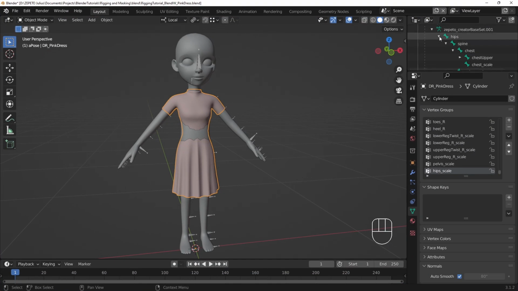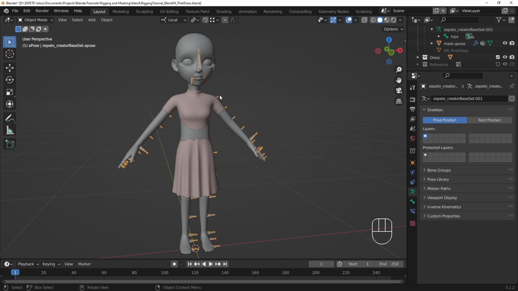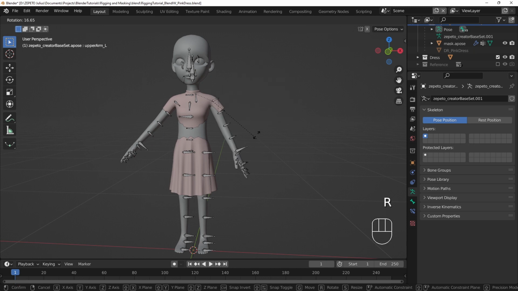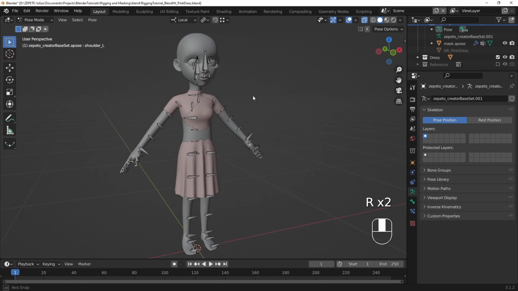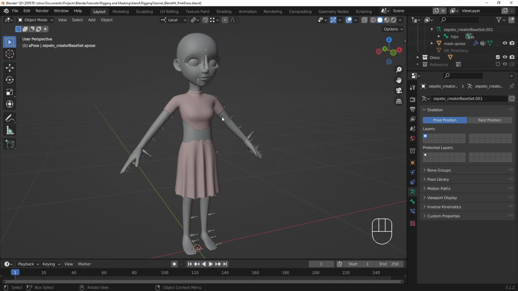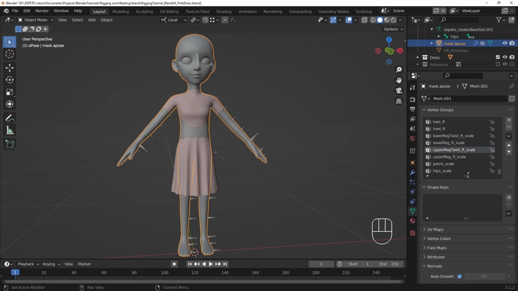During the parenting operation, we used the Empty Weights option. This created all of the vertex groups for the item with no weight data assigned to it. As our item is now, it won't follow the skeleton when the bones are moved around. To remedy this, we will have to assign the weights ourselves. Luckily, we have a weights template of sorts in the form of the mask object. The mask object has influence weights already applied, and those weights are the same as the ones applied to the default Zepeto avatar. We can easily transfer all the correct weights from the mask to our item.